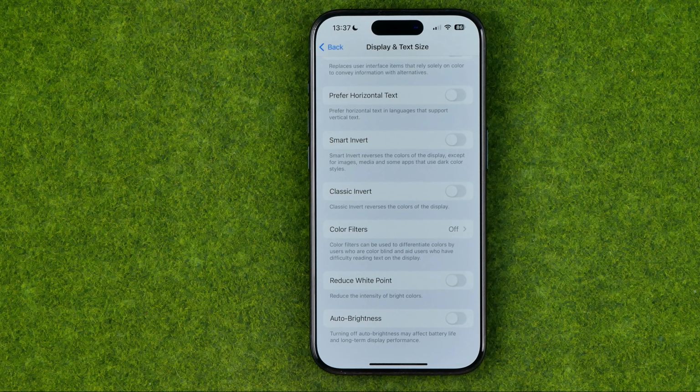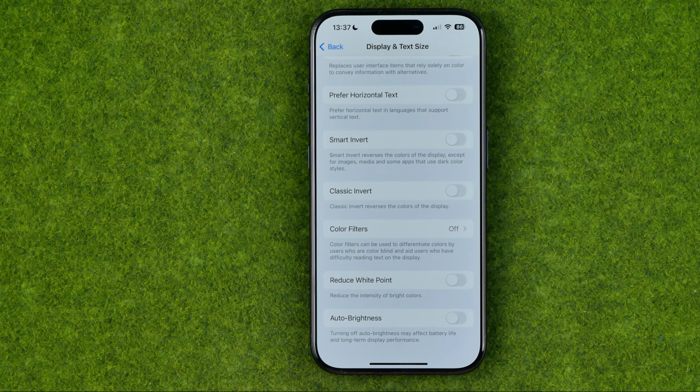In this video I'm going to show you how you can easily reduce the intensity of bright colors on your iPhone. Be sure to watch the video to the very end so you don't make any mistakes. Let's get started, guys. I'm gonna show you all the process from the beginning, and first off we need to